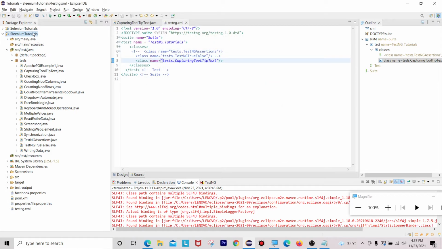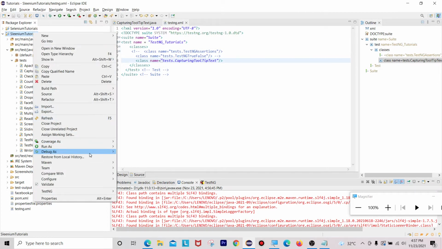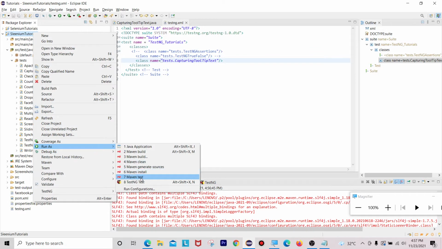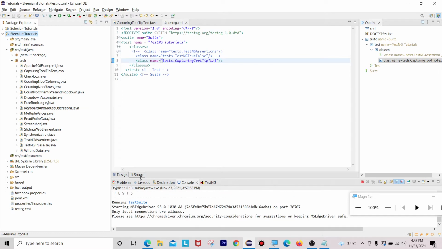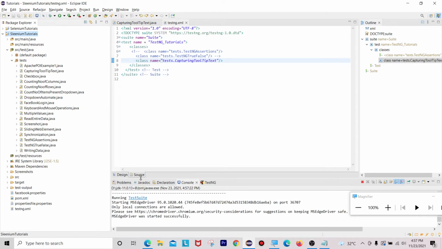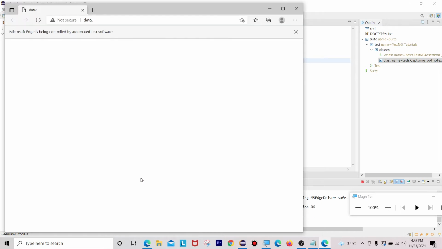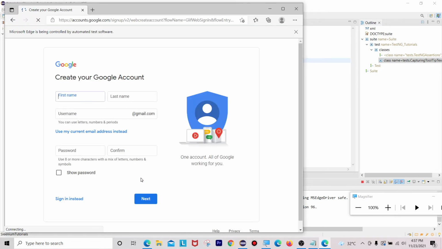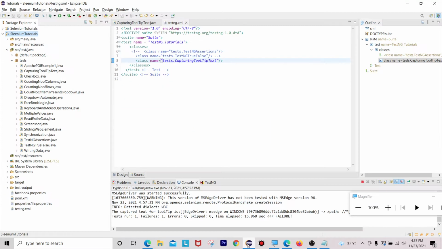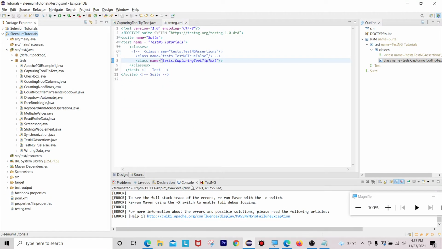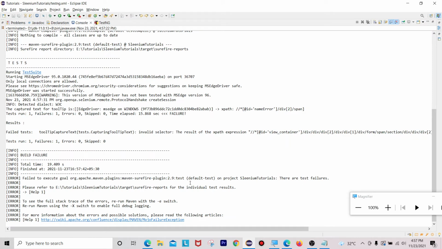Now right click, run as Maven test. You can see it is done now. We'll see, it is giving some errors, no problem.